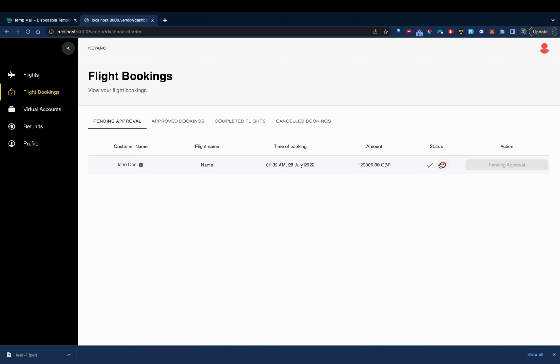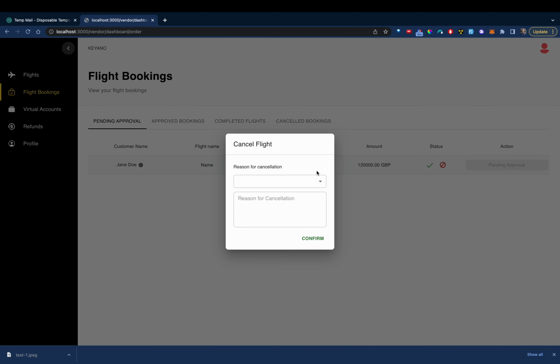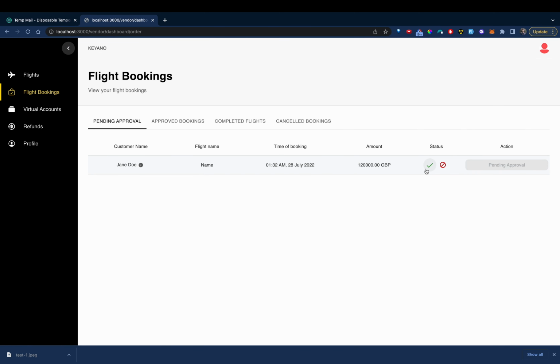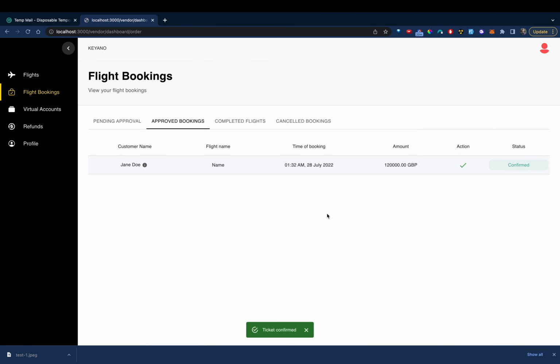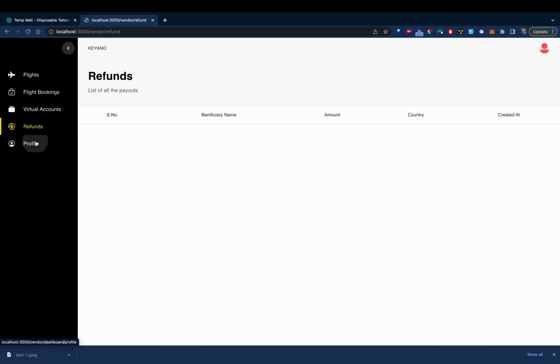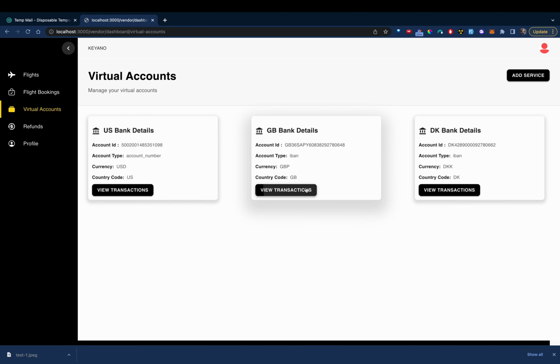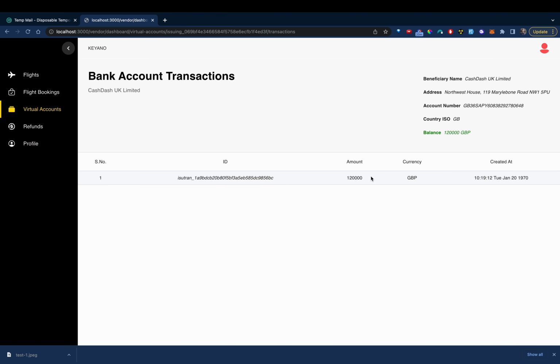The customer won't be able to see the booking right away as this booking needs to be approved by the vendor. Only after the vendor verifies that the funds have been transferred into the virtual account, the ticket is marked as confirmed. When I go to the virtual account for Great Britain, I see a transaction worth